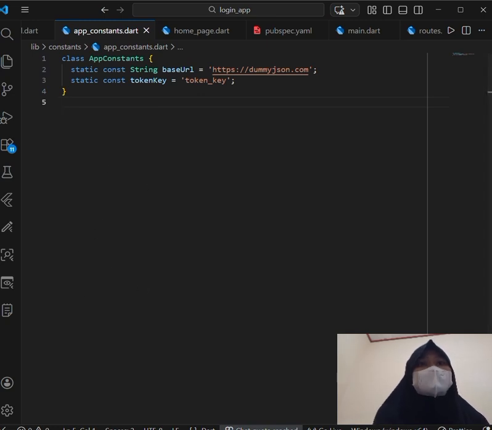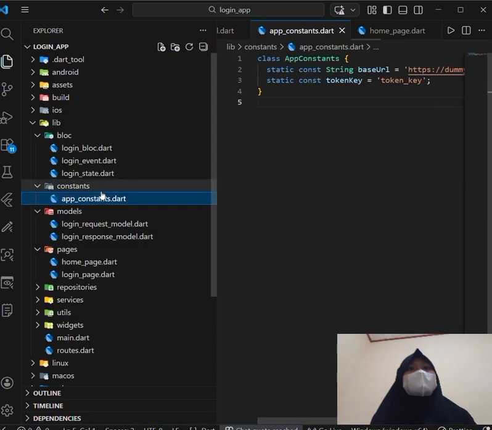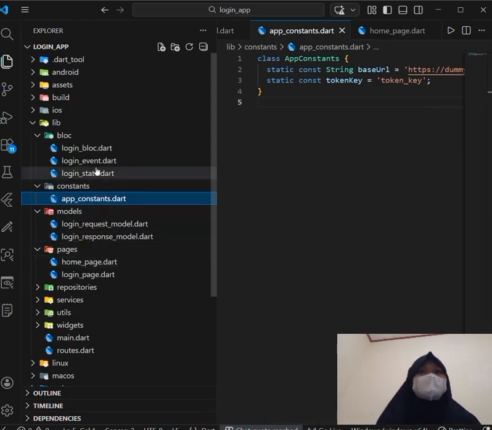Why do we use static? Because the value can be accessed without creating an object. Instead of AppConstants().baseUrl, we can directly use AppConstants.baseUrl without parentheses.